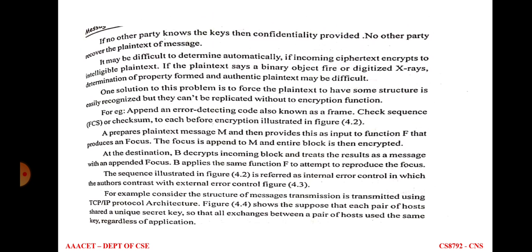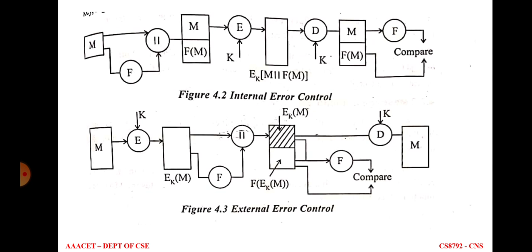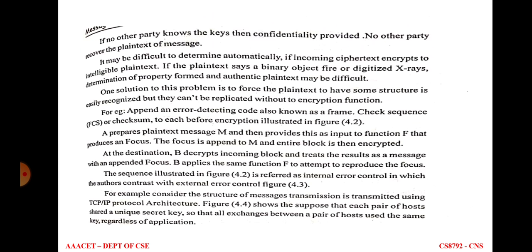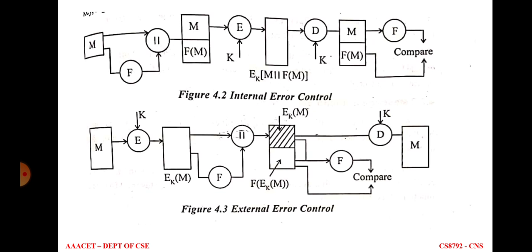So the focus is appended to message M, and the entire block is then encrypted by using the key K. Now the encryption process is over, and at the destination part, the capital B, destination, decrypts the incoming block and treats the result as the message with an appended focus. So here decryption is done with the same key, and the message is appended with focus, that is F of